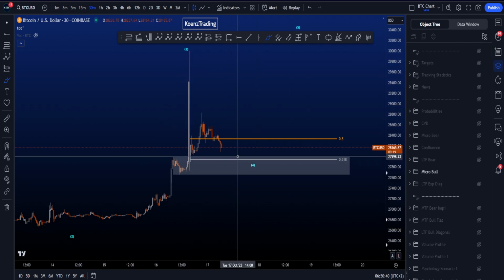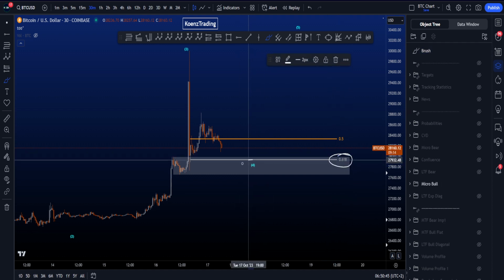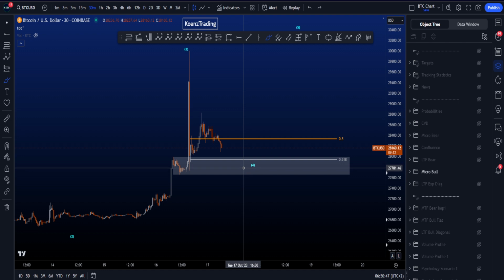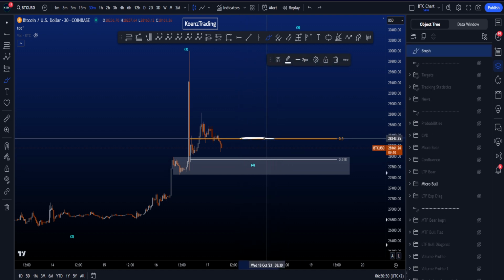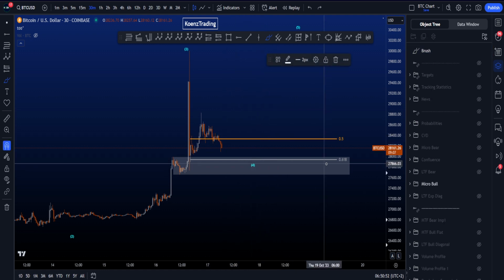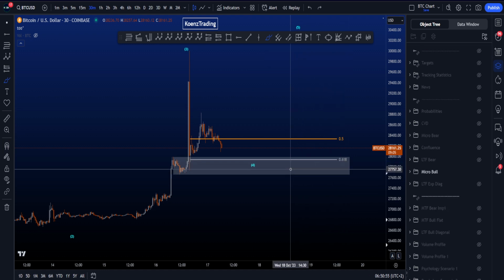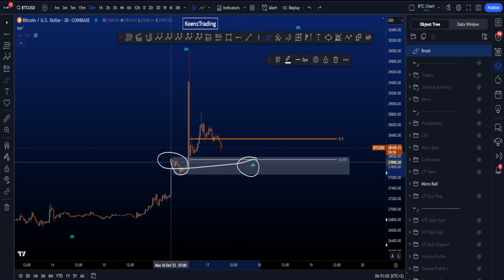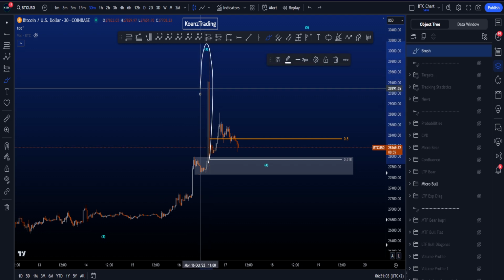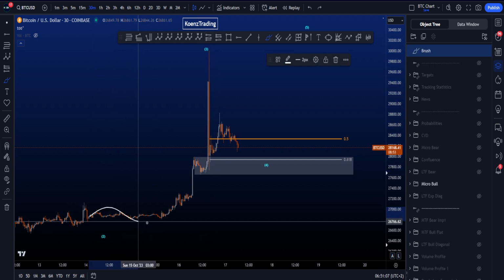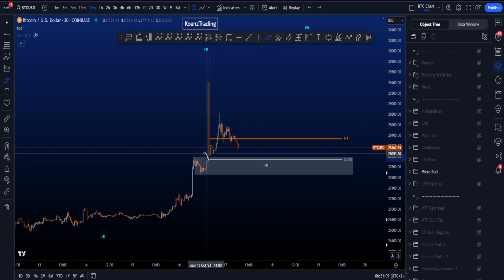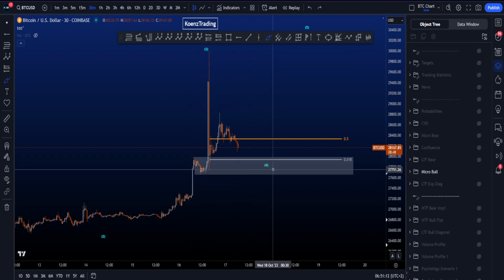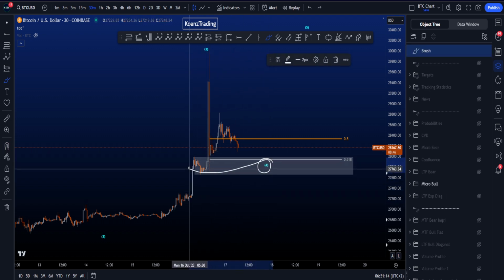Now for a wave 4, it is incredibly rare to retrace to a golden pocket and still be a wave 4. Incredibly rare. Usually the 0.5 is the maximum target for a wave 4 and you do not hit the golden pocket. However, the safe and potentially grace for this wave 4 is that higher degree wave 4s tend to retrace to lower degree wave 4s. So if this is then a wave 5 to the upside in a lower degree like 1, 2, 3, 4, 5, this little range is a lower degree wave 4, which means the higher degree wave 4 usually retraces to